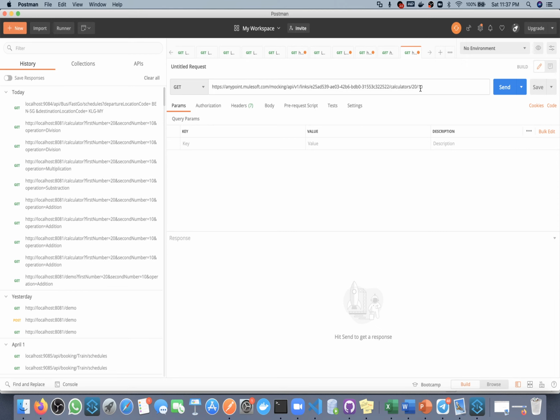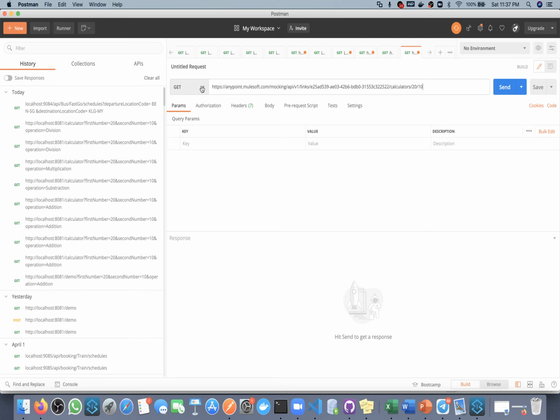As I told, this represents a nested resource, and a nested resource will have some value. For example, customer. I want to see customer detail having gender male. We have two kinds of nested resource, male and female. I want to see gender having male, so in that case we need to pass male here. Or I want to see customer having employee ID 1, so I need to pass 1 here. In this way you need to pass the value of your URI parameter.